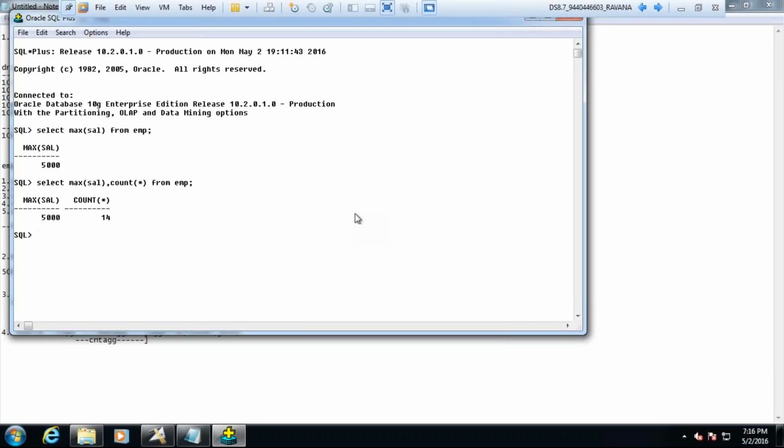Where clause is right. Why are you saying where clause is right? And why are you so confident that where clause is right? Because we're supposed to get the maximum salary and the count, right? And it's giving us both results. So the where clause is right.